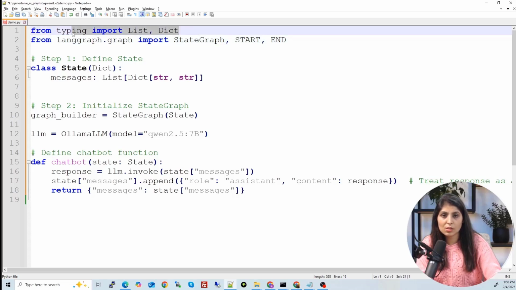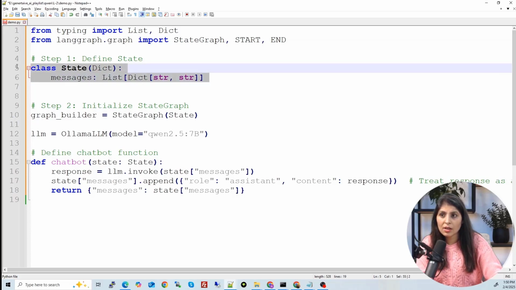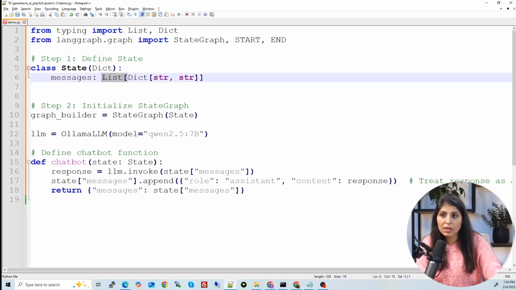First let's understand this part. Here I have created a class with the name State, and this class is acting as the memory of the chatbot. What kind of data are we going to have over here? We will have a list of dictionaries, and there will be a separate dictionary for each message.